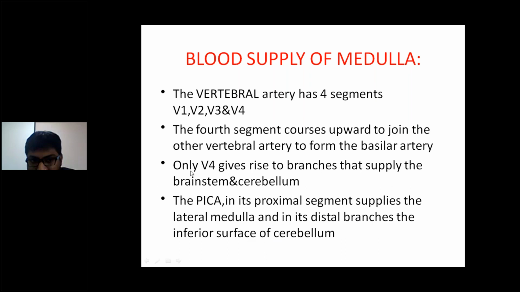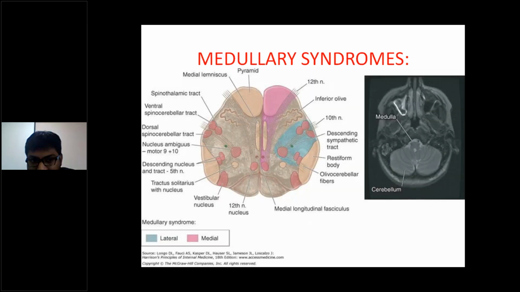So lateral medullary syndrome, main artery affected is vertebral artery. If the vertebral artery was not given in the options, PICA is affected. It also supplies the cerebellum and lateral part of the medulla. This is the medullary syndromes. This is from Harrison, right? Harrison Principles of Internal Medicine. This is not 18th edition actually. This image I took from Google, but the 20th edition also gave this image only.